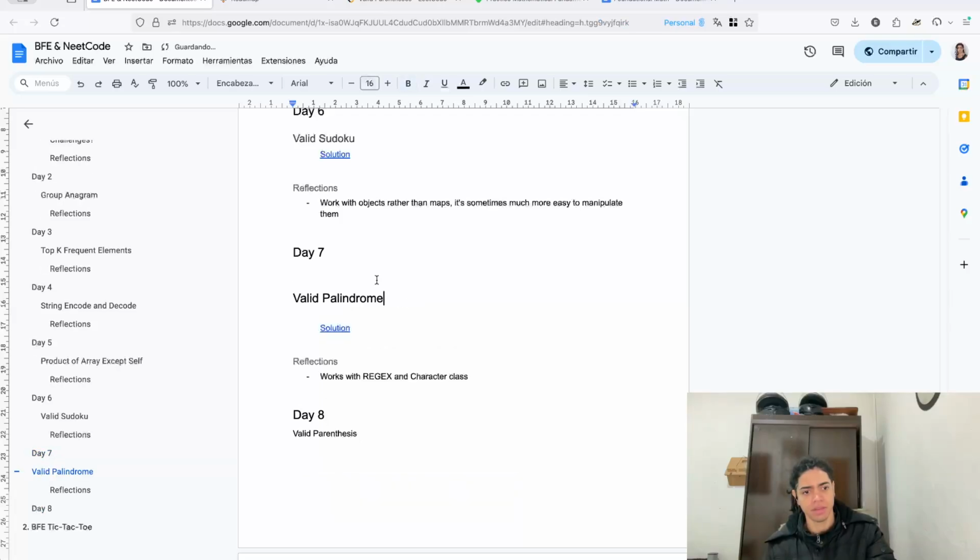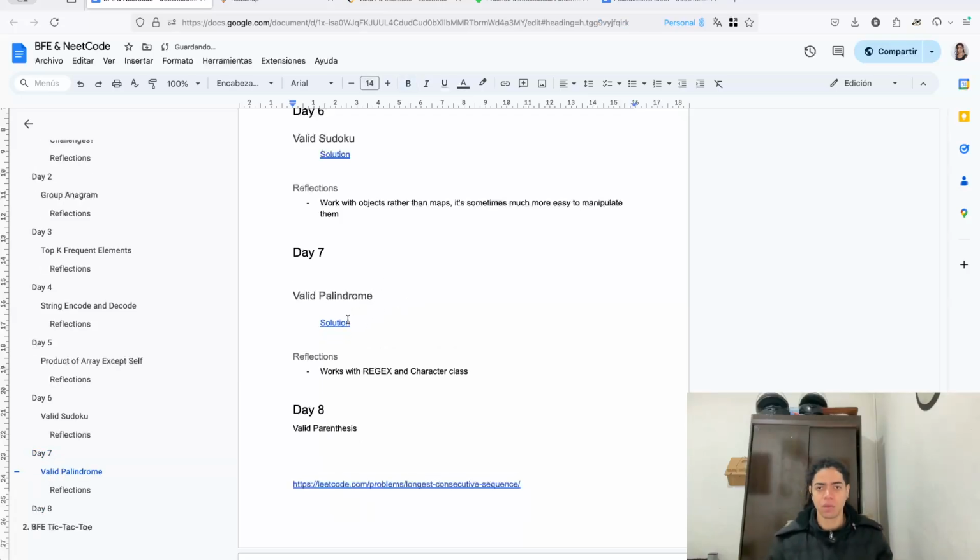Yep, Valid Palindrome. A palindrome is a phrase, unlike an anagram, which is a word. A palindrome is a phrase where, when you remove all of the non-alphanumeric characters and reverse it, you get the same phrase. So it is the same backward and forward after you remove all the non-alphanumeric characters. And I think this is something interesting because